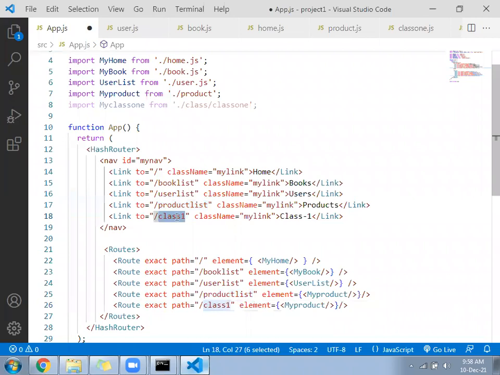Then load the MyClass1 component. Please confirm the page is loading or not.